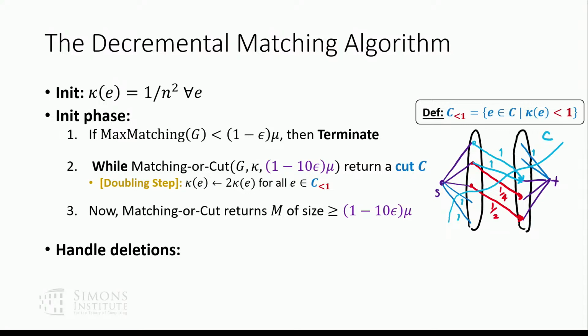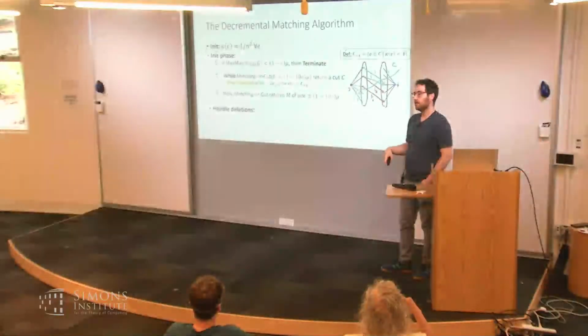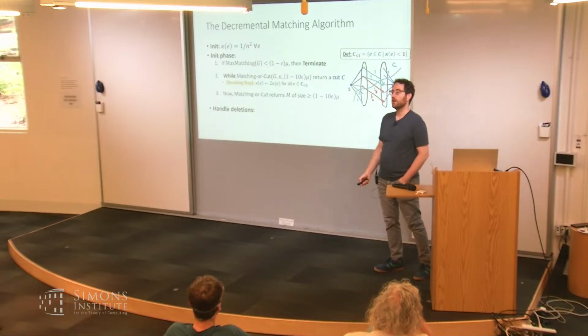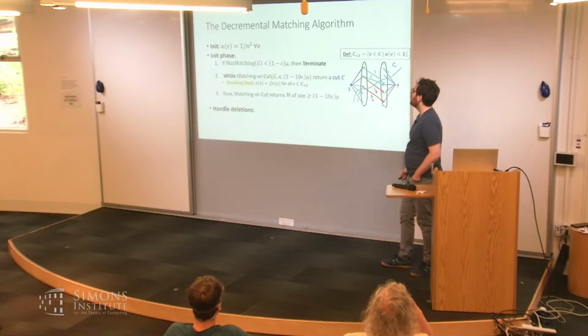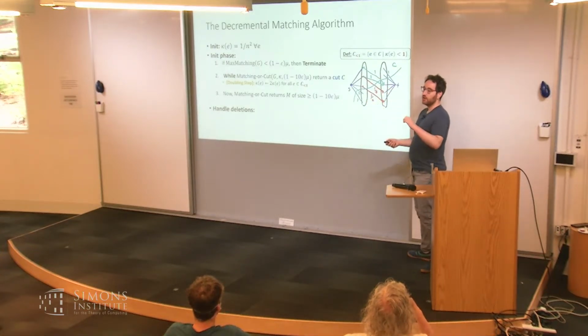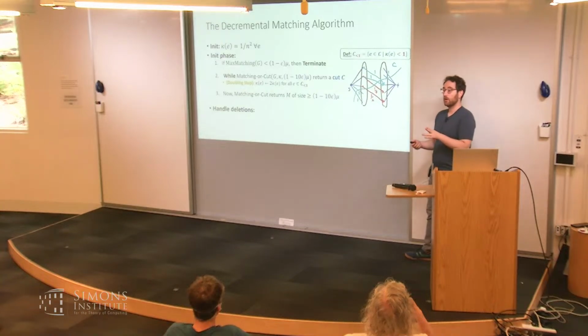Very basic question, just in the static setting, the final fractional matching you will get. Is it the case that for every edge, the fractional weight will be within a constant factor of the final capacity? What do you mean by the final capacity? Basically, you get a bunch of capacities, and then you compute a matching, but it has a fractional weight, which is supposed to be less than capacity. And you're asking, is it tight with the capacity? No, I don't think that's the case.